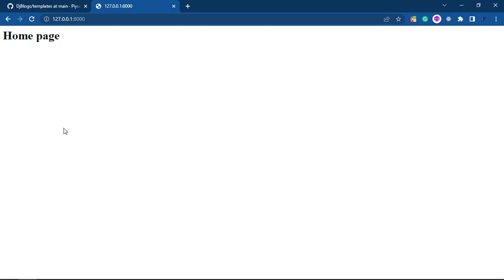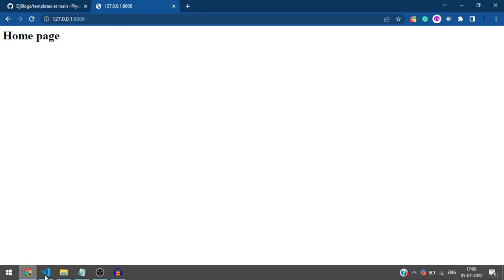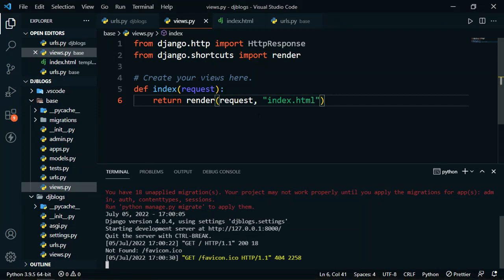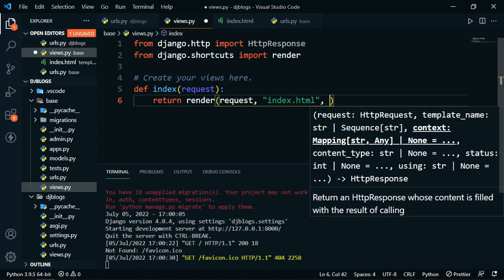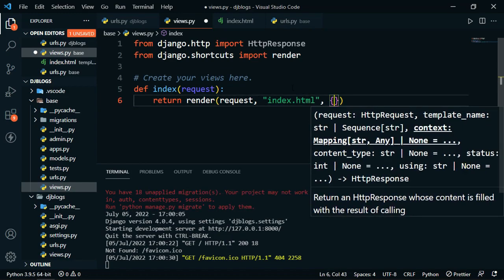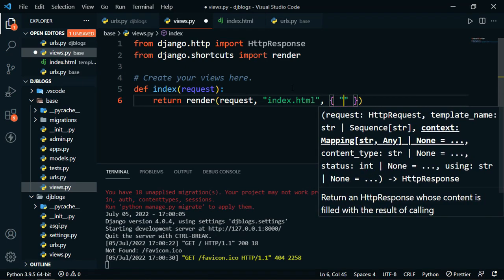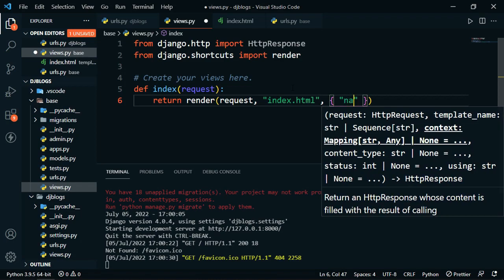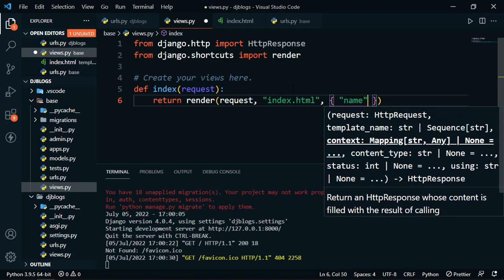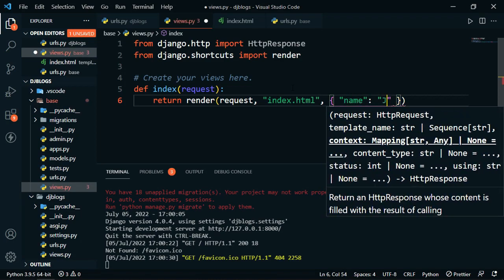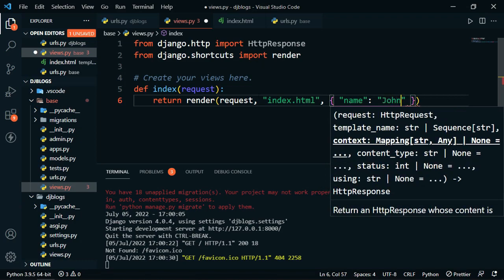Now we can also pass data in templates. So to do that, the third parameter of this function is the context dictionary. So if I type here a dictionary, and I will type here name colon John. Now let's save this,